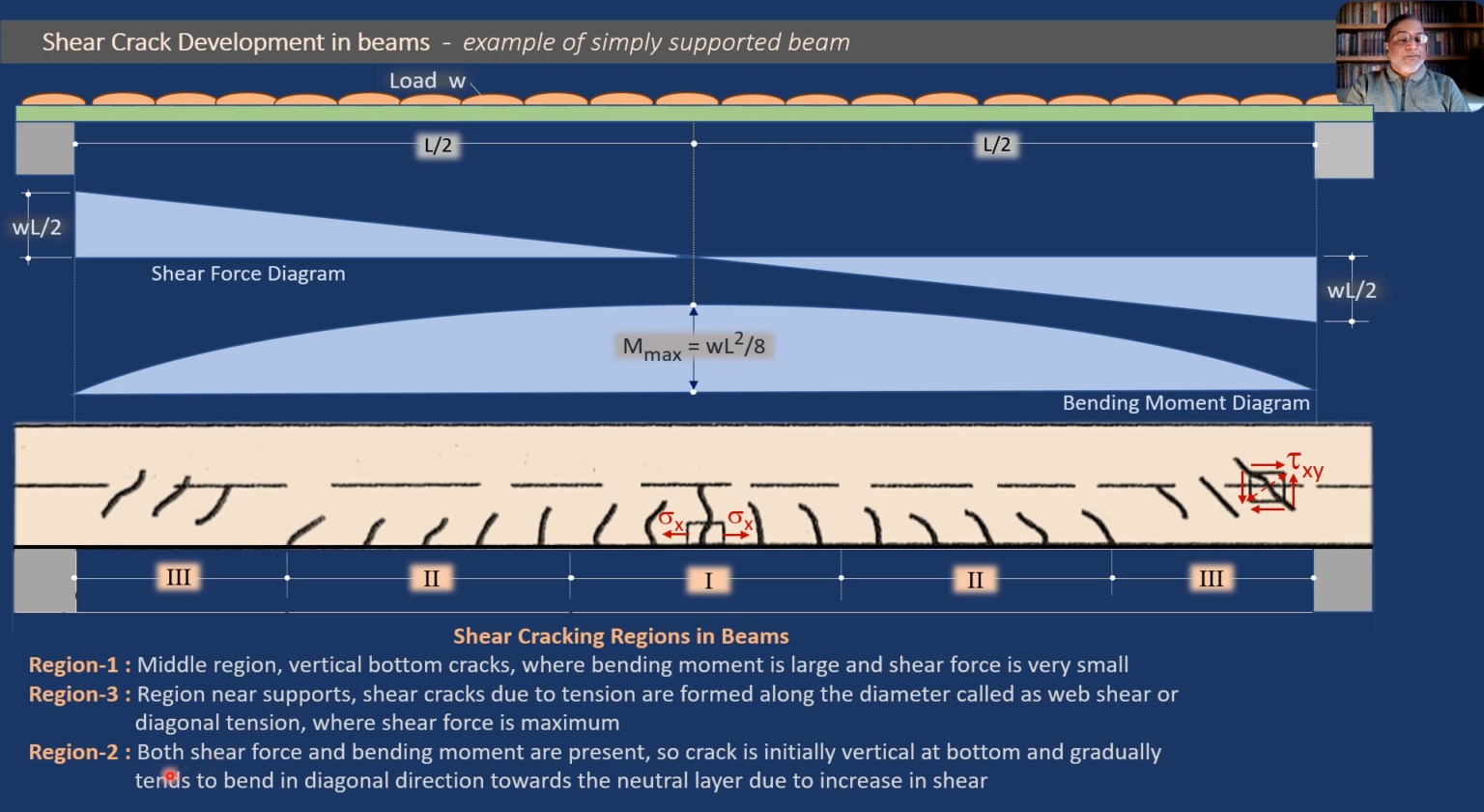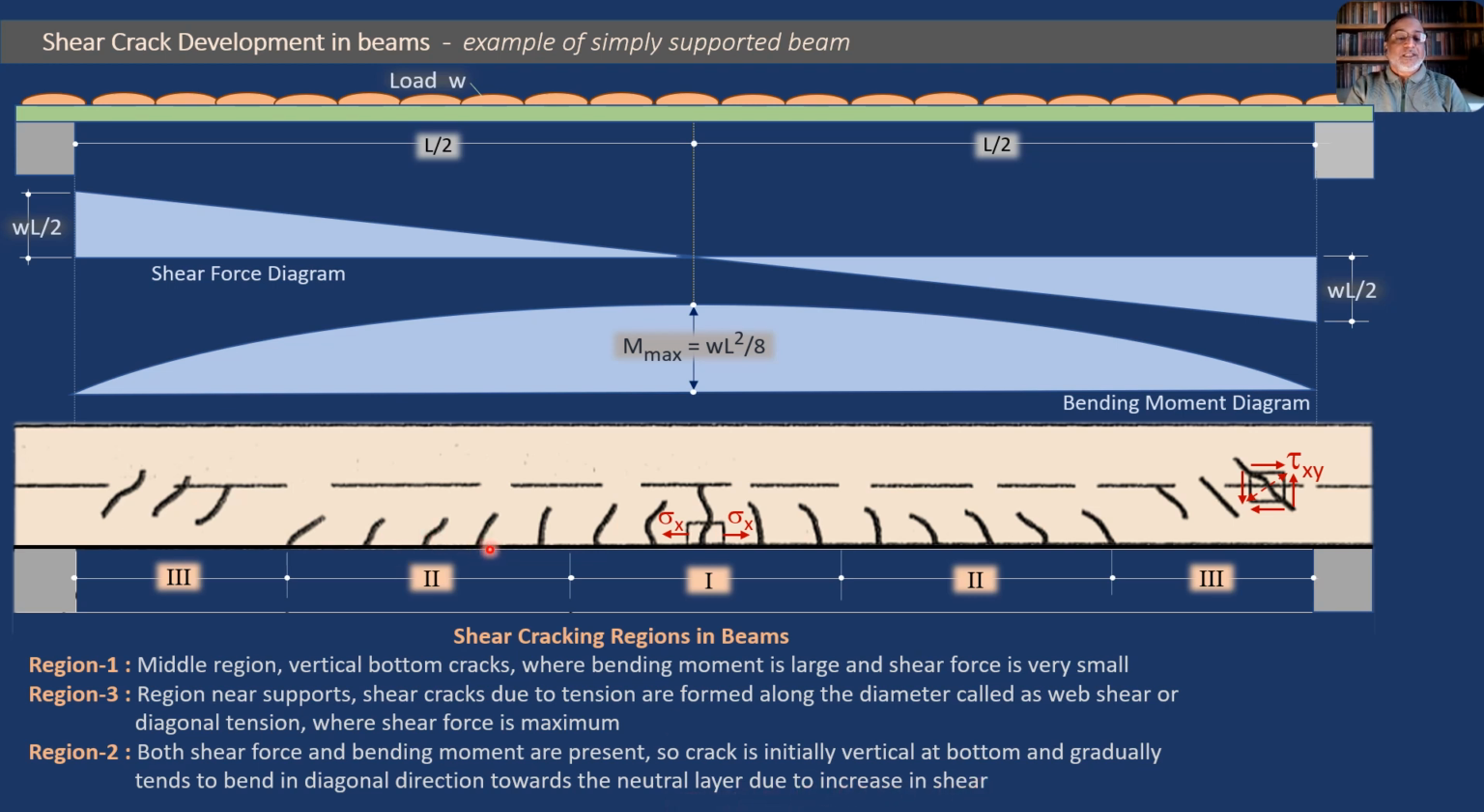So we will say that the element somewhere here will be having both types of stresses, shearing stresses as well as normal stresses. So here both shear force and bending moment are present. So the crack is initially vertical at the bottom. Just understand this. The crack is initially vertical at the bottom, but